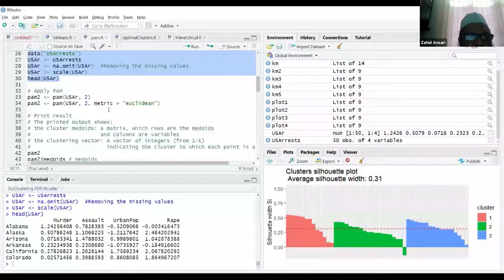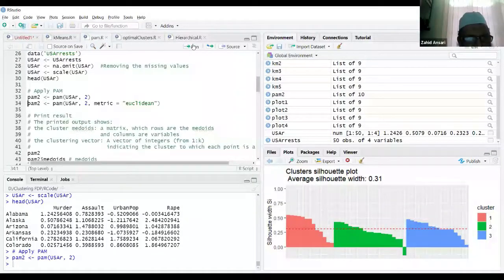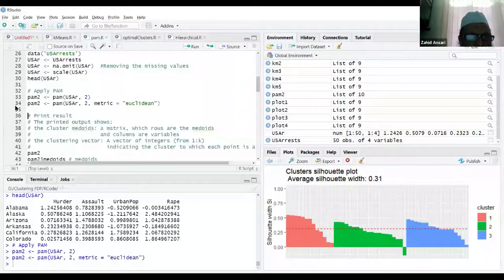You need not specify the metric. It has a default value. I think the default for the distance is Manhattan for PAM. But if I want Euclidean, I can give Euclidean here. So if I call PAM and do not give any metric parameter, then it takes Manhattan as the default. Otherwise, I can give Euclidean. So I perform PAM with Euclidean, so now our PAM result is based on the Euclidean distance.